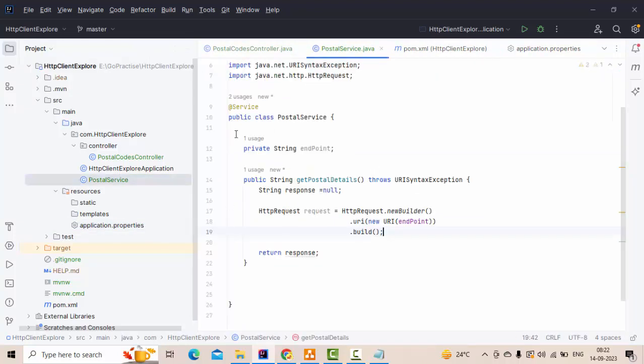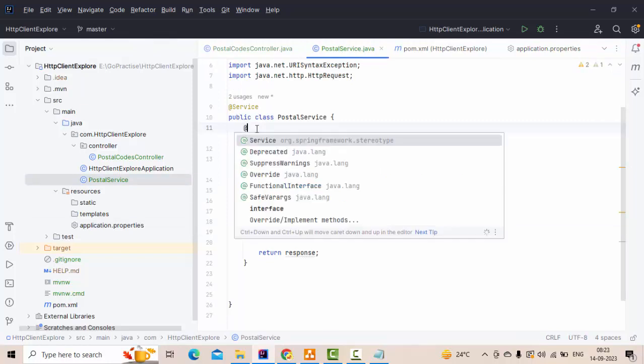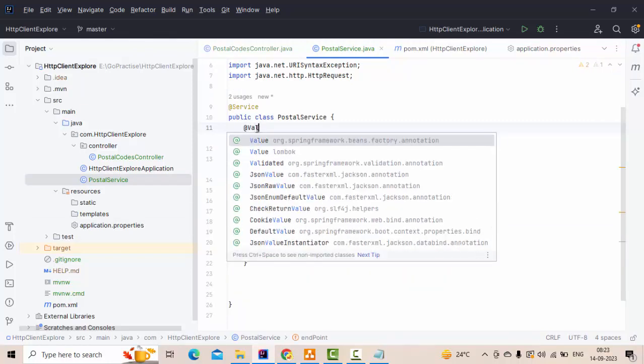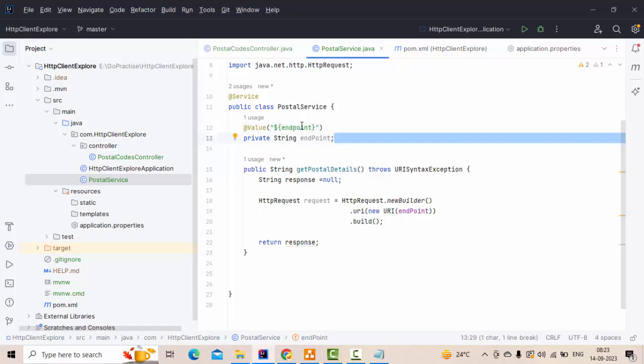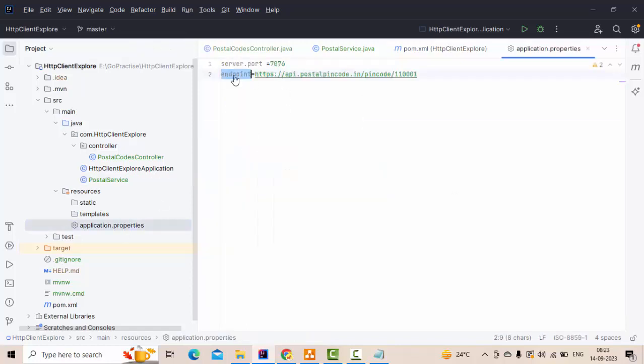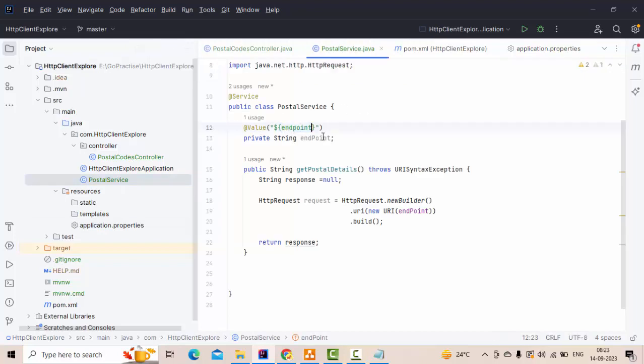So from service, what I can do, I can directly assign here, or let me use something called a value property, and here I can use endpoint. This endpoint is nothing but it is pointing to this endpoint. Okay, cool. I have the endpoint here. Then